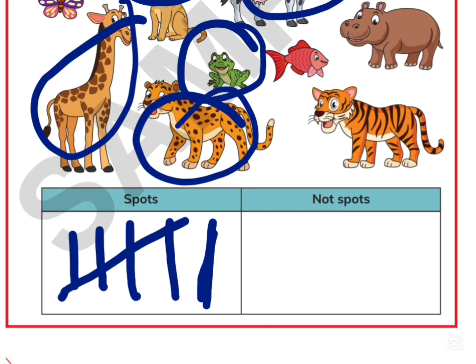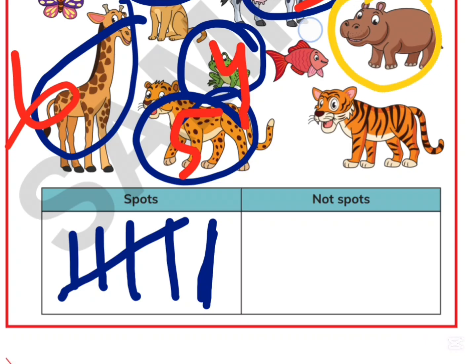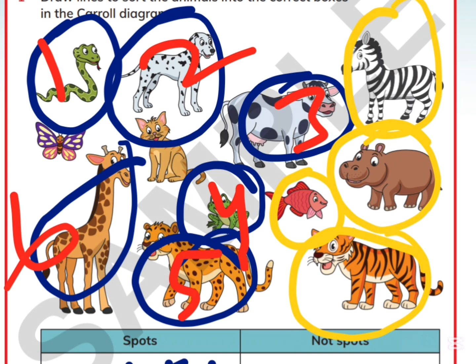1, 2, 3, 4, 5, and 6. 6 animals have sports. Okay, now what we will write here is no sports. With no sports I am changing the color. 1, 2, 3, 4,